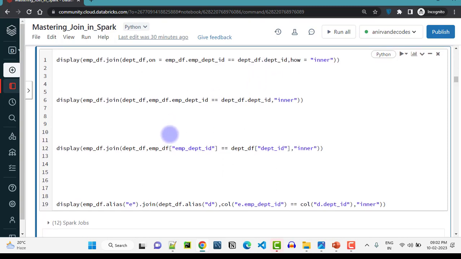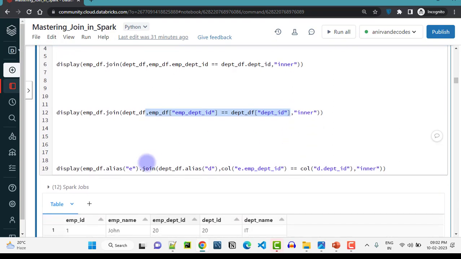And this one, you are just doing the comparison between columns. This is another way of doing the comparison. With employee df, you are selecting this particular column from this df and comparing it with department id from department df. So this is another way of passing the joining column. And another way is,